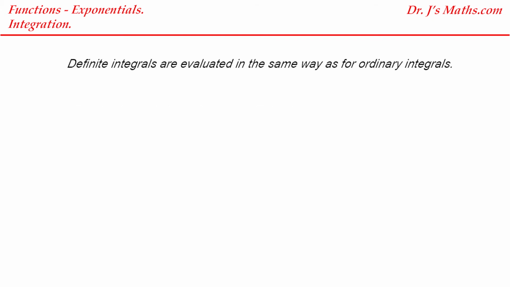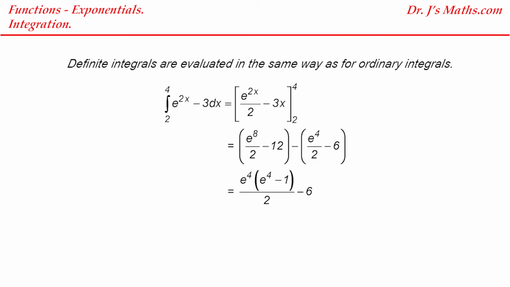Definite integrals are evaluated in the same way as for ordinary integrals. So the integral from 2 to 4 of e to the 2x minus 3 with respect to x gives us e to the 2x over 2 minus 3x, and the limits are 4 and 2. Substituting in, we have e to the 2 times 4, which is e to the 8 over 2 minus 3 times 4 is 12, minus, now we go to our second number, e to the 2 times 2 is 4